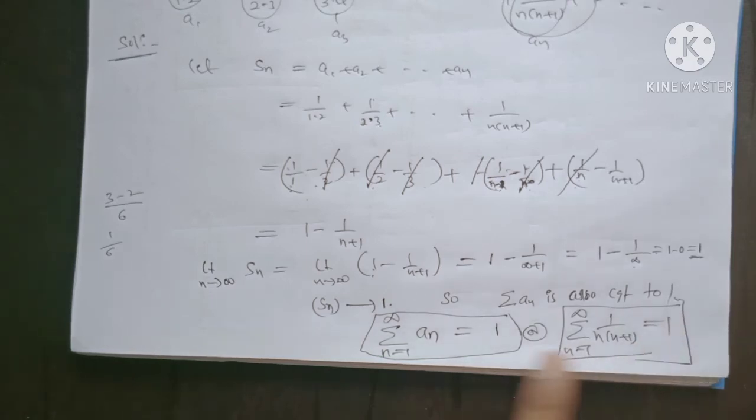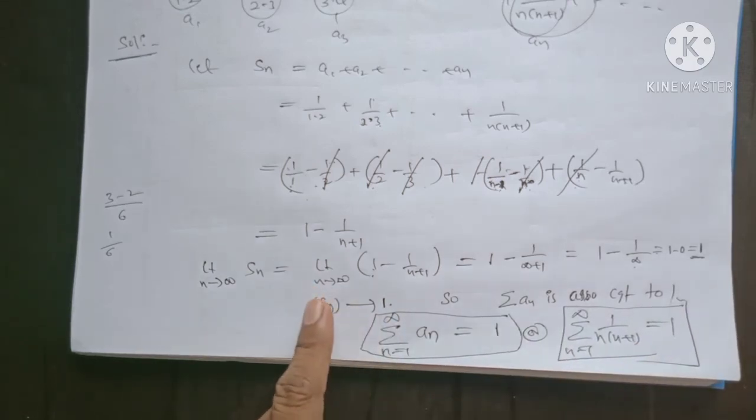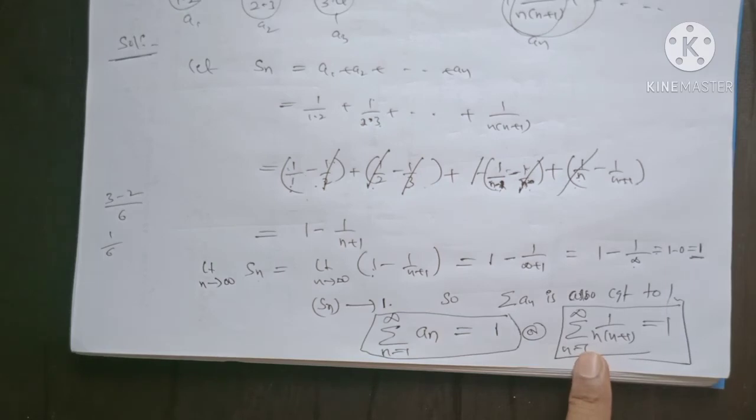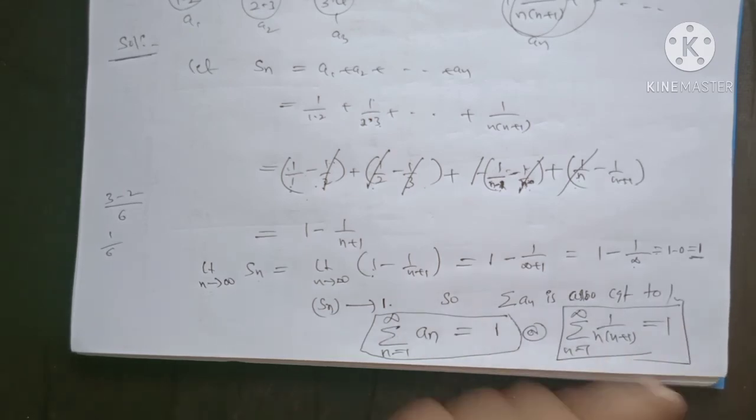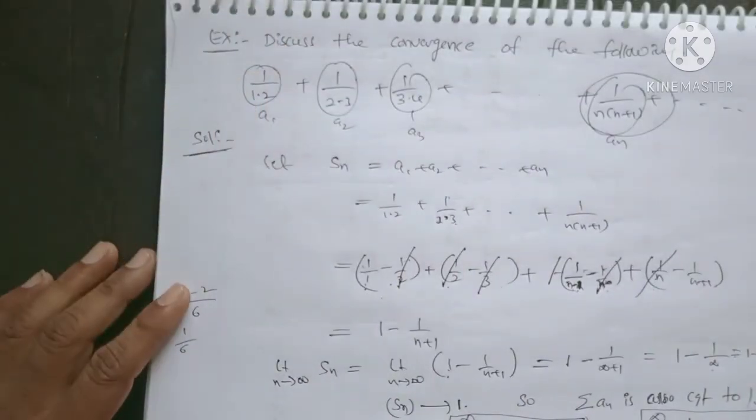This 1 means the limit of a partial sum of a given sequence is 1, so that the sum of the original series is also equal to 1. So the partial sum of the sequence converges to 1, so the given series also converges to 1. So for proving this result,